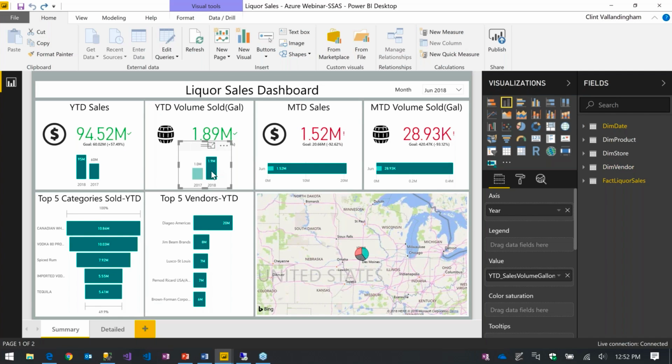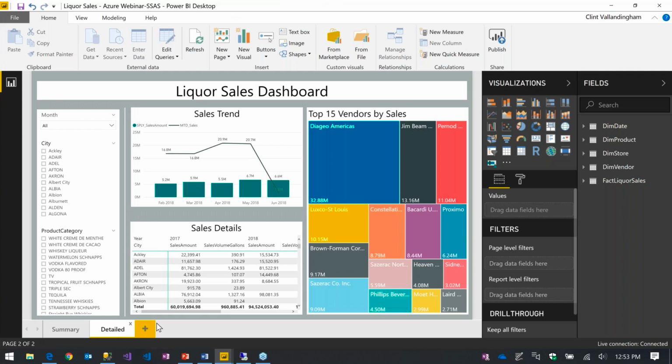So if I come here and say, the stacked bar chart doesn't really work, I can easily flip it. No, I don't want that. Maybe a pie chart. No, a donut chart. I think that looks best here. So this represents high-level KPIs that you can do. This more detailed view jumps into some of the other things that are available, getting down to detail level of the data, even in a report.